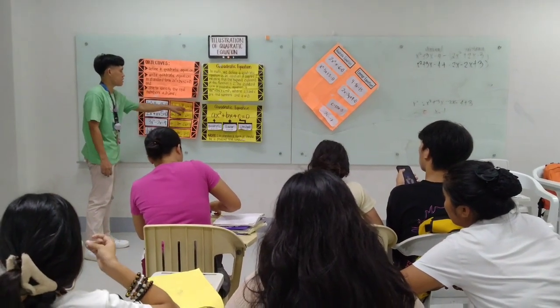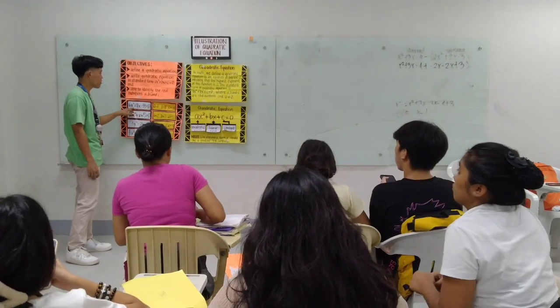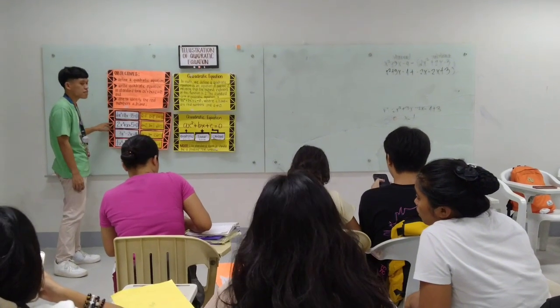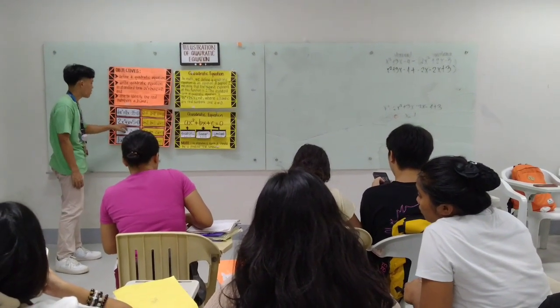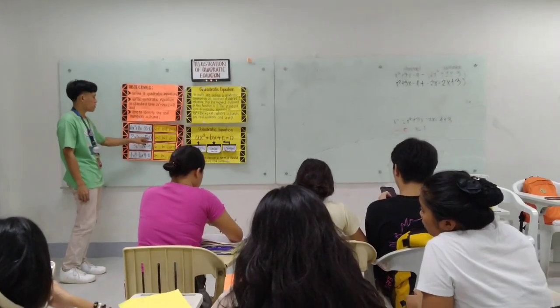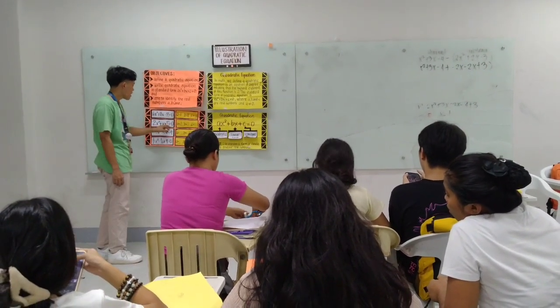The B, and the C. So for this equation, what is our A? 6. Okay, very good. So our B is, and our C is negative 31. Okay, very good. For the next equation, 2x squared plus x plus 5 is equal to 0. So our A here is 2, and our B is 1.